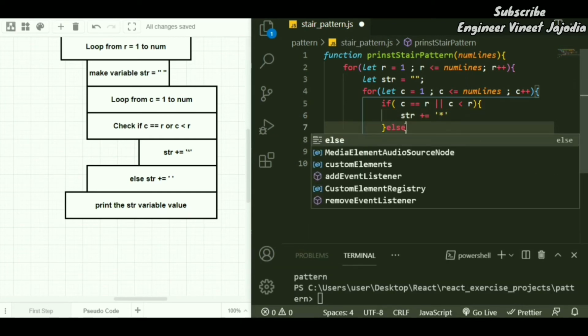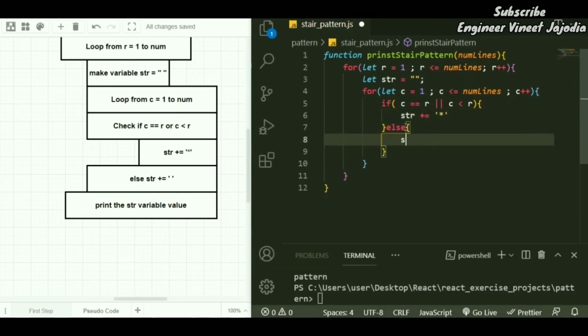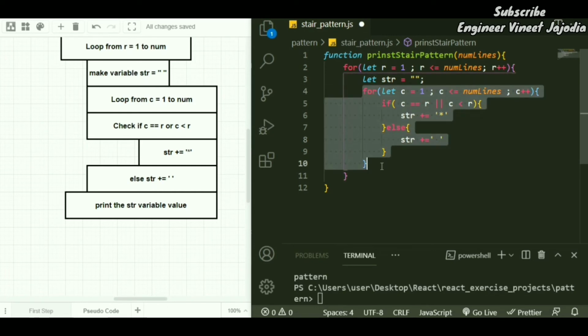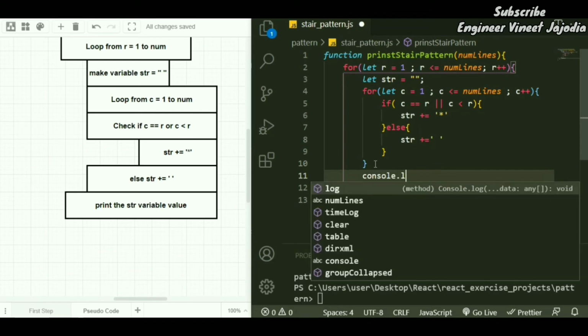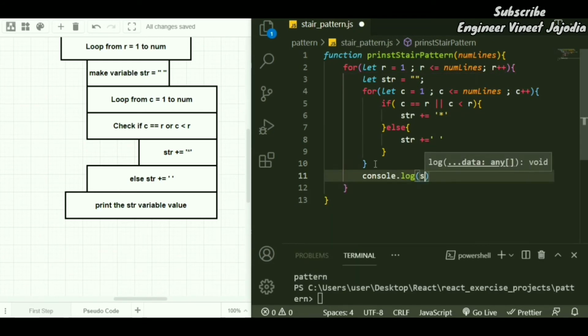Else, we are going to append the string variable with empty value. Once the column loops over, means we reach the end of the column, then we are going to print or console.log str, the value of string. So this was the program for print stair pattern.